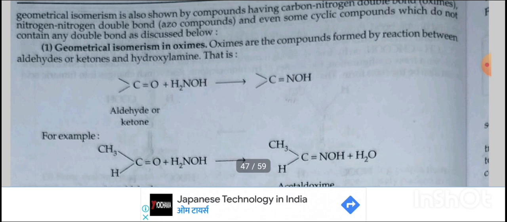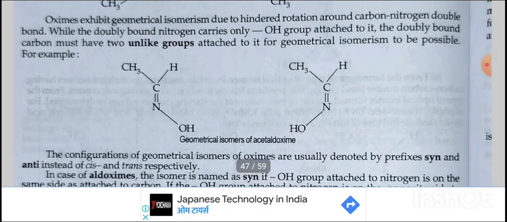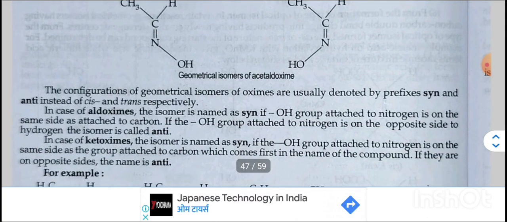Geometrical isomerism in oximes. Oximes are compounds formed by reaction between an aldehyde or ketone and hydroxylamine. Oximes exhibit geometrical isomerism due to hindered rotation around the carbon-nitrogen double bond. While the double-bonded nitrogen carries an OH group attached to it, the doubly bonded carbon must have two unlike groups attached for geometrical isomerism to be possible. For example, geometrical isomers of